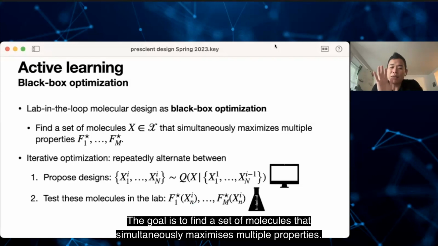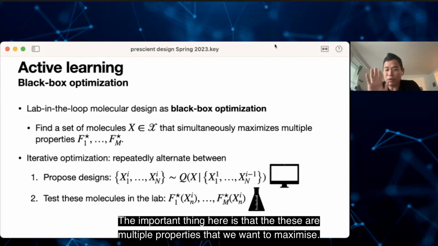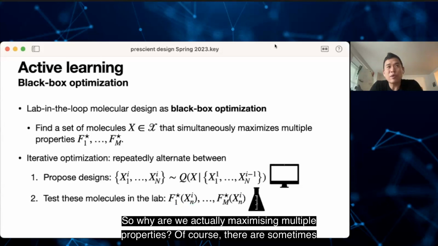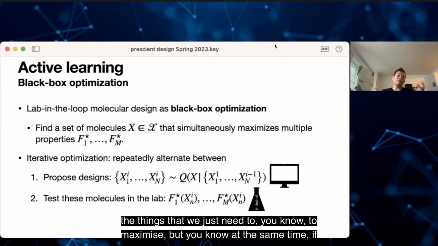The goal is to find a set of molecules that simultaneously maximizes multiple properties. Now, the important thing here is that these are multiple properties that we want to maximize. So why are we actually maximizing multiple properties? Of course, there are sometimes things that we just need to,